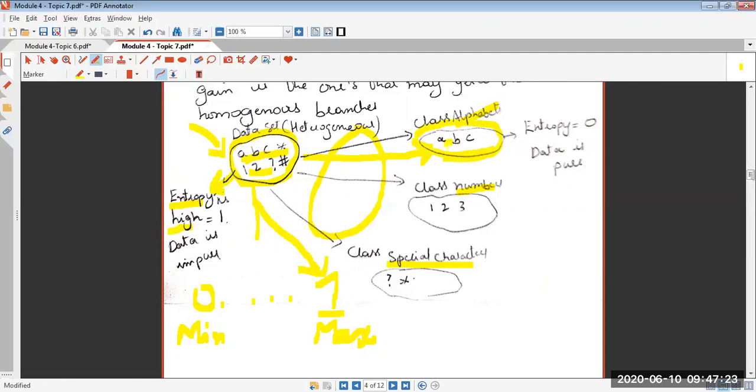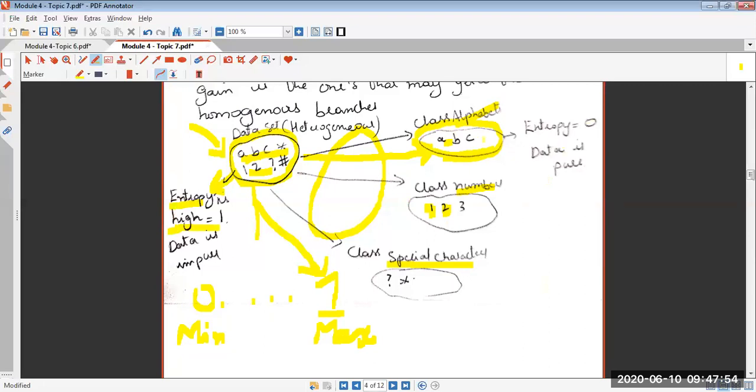A will be having similar characteristics to that of B. B will have a characteristic similar to that of C. Similarly, if you come to numbers, okay, so this data object 1 will have characteristics similar to 2. So we had already discussed all these aspects. So now, if you want to construct a decision tree, the thing is, you should reduce the entropy from high to low. That's it. Before that, I just missed out a point here.